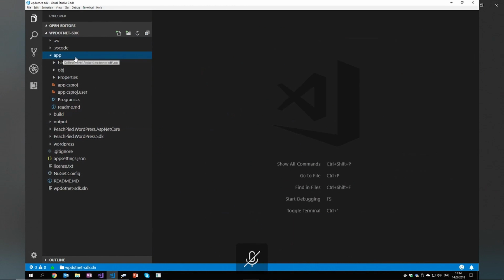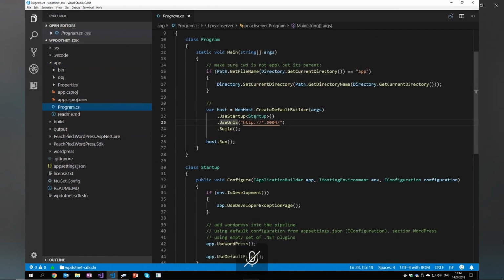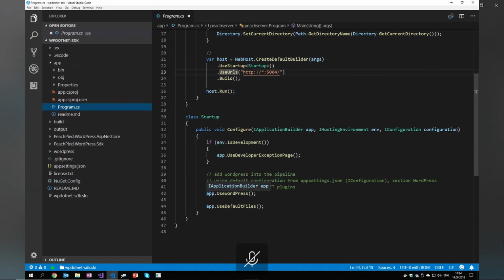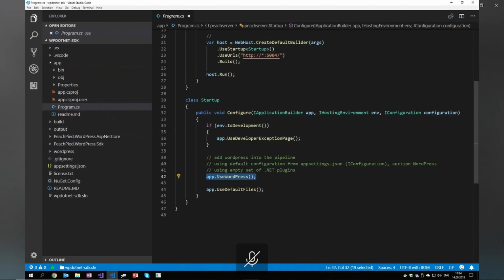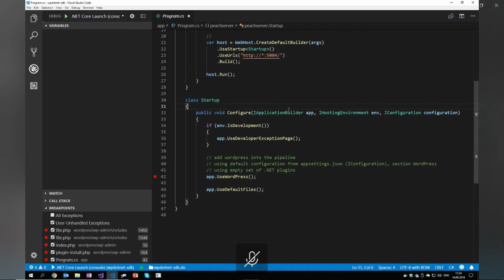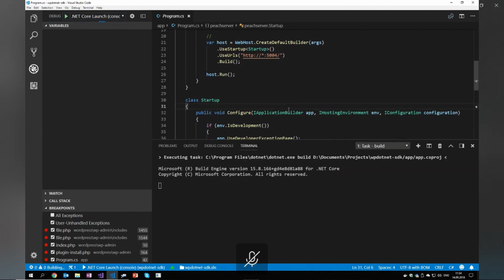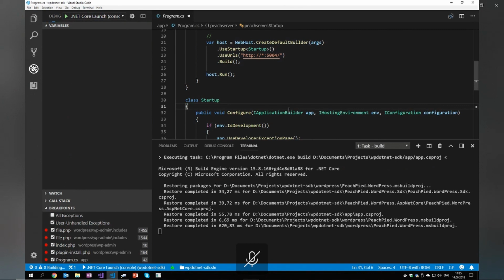So there's also a small application to test WordPress and to run it on Kestrel. As you can see, it's a regular Kestrel site calling UseWordPress. So let's run this little sample. If we press something like F5, I guess. Yep. It compiles the entire WordPress, which takes a few seconds, and